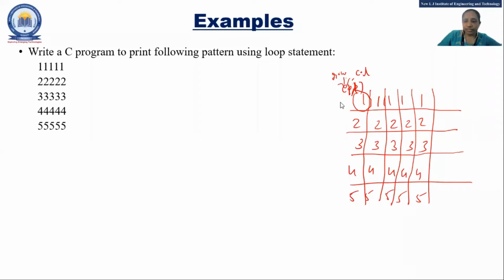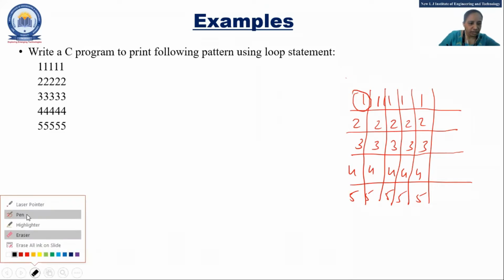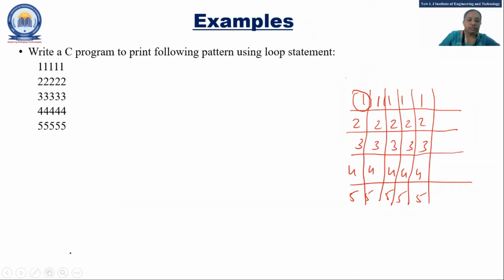Now, for this, I'll write with another color so it will be clear to you, because this thing is sometimes difficult to understand for someone. I'll take a blue color. See, this is 1, 1, right? This is 1, 2. This is 1, 3.